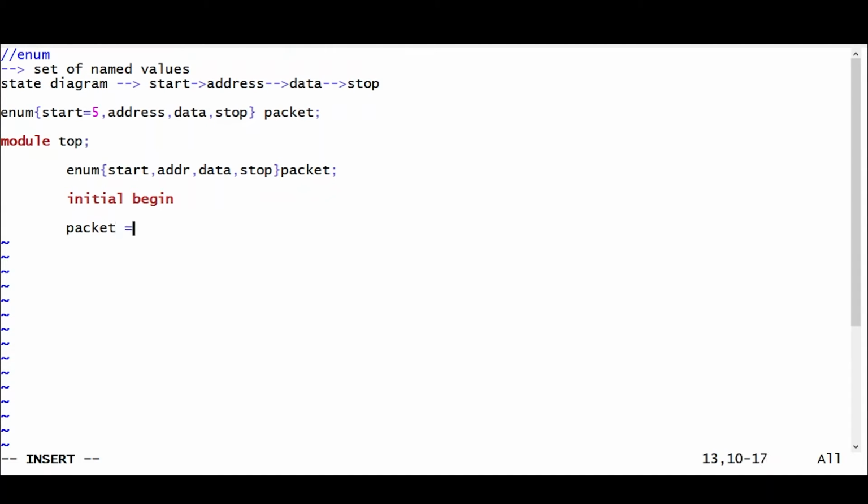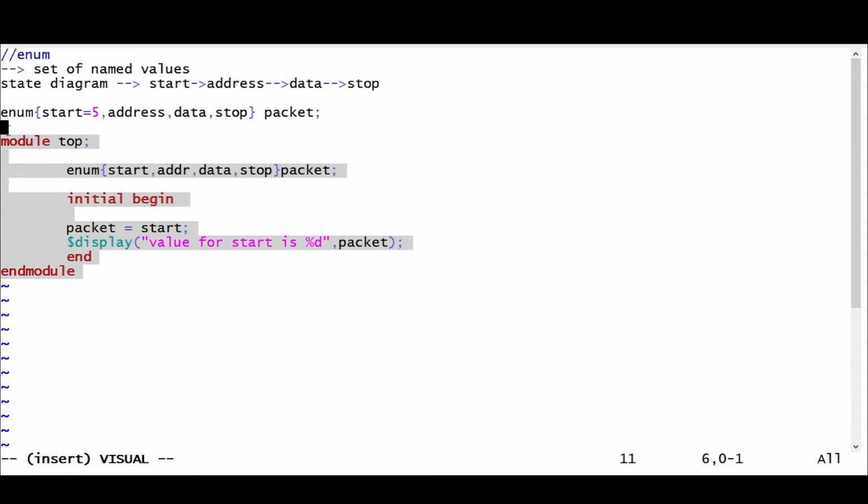Suppose we initialize packet as start, and let's display the value for start with percent d, and let's write packet here. End module. So we will copy this code and run it on EDA Playground.